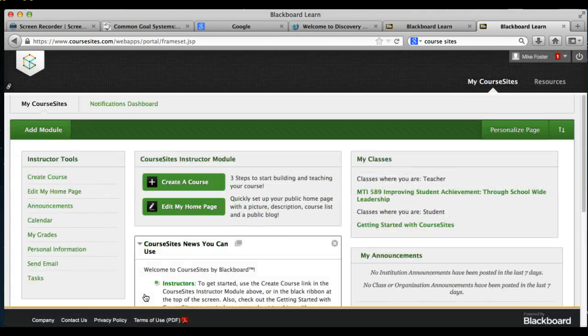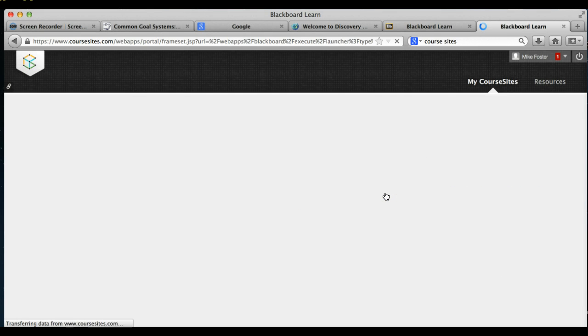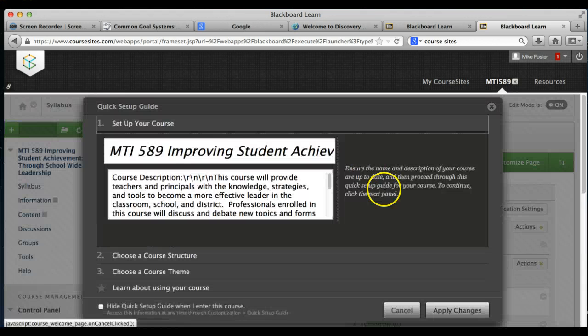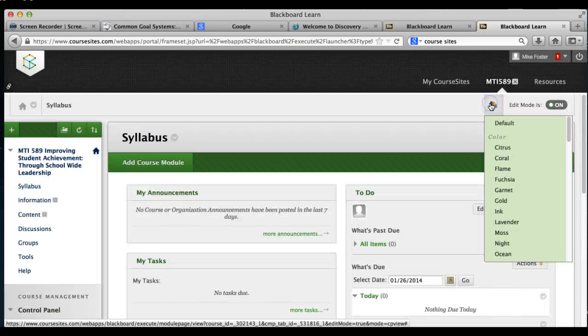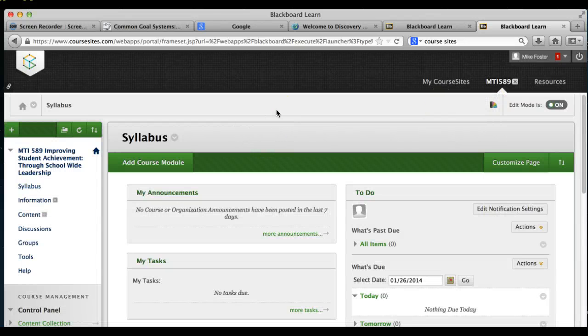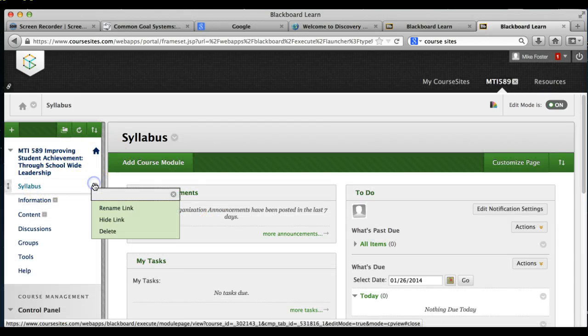There's 589 right here in the upper right corner. Okay. And then you just want to click on the class. Don't hit personalized page. Click on the class. It'll take you directly to your class. Okay. Set up your course. You can use a quick setup guide if you want, but I'll show you how to do all that stuff. All right. So right now I just have a green background. We already changed this first page to syllabus, but see, I don't like the layout. So what we're going to do is change that to high